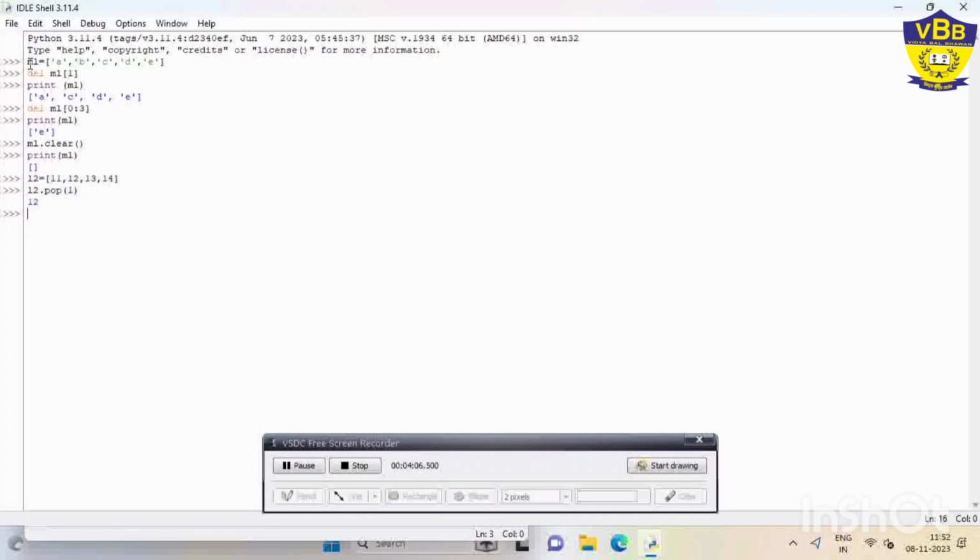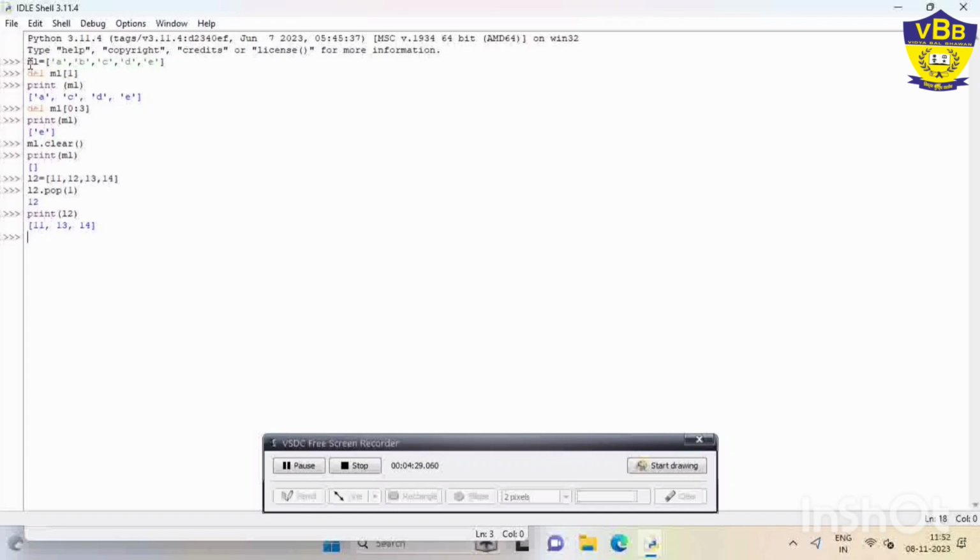The second element of L2 is going to be deleted, and then it will print the list. If you print L2, what will remain? That is 11, 13, and 14. I hope the methods are clear to you, that is, the functions of del, remove, and pop.